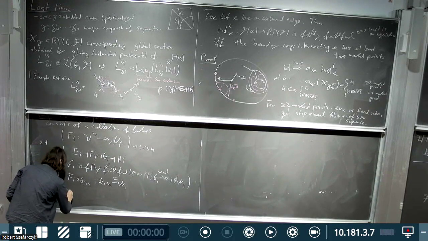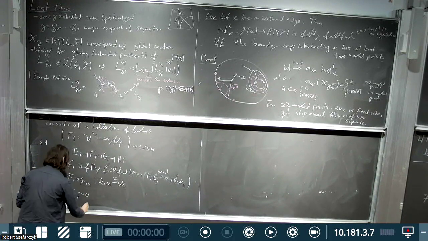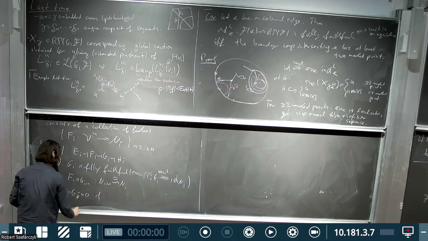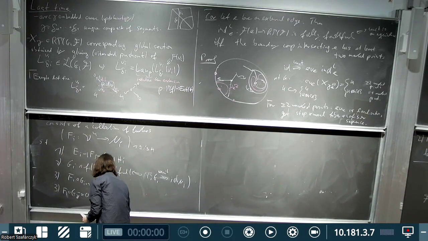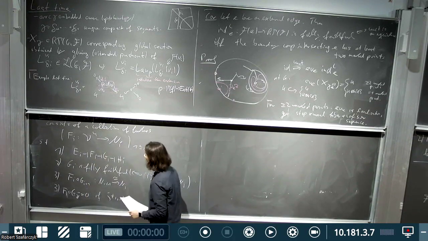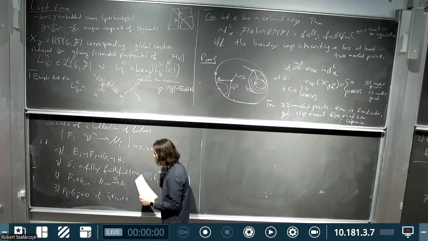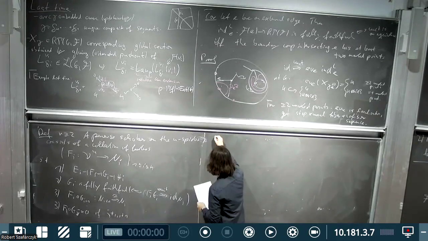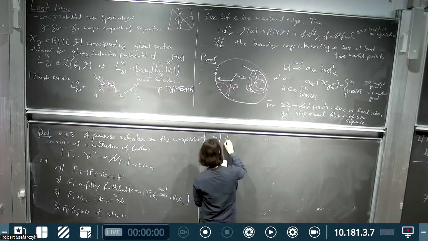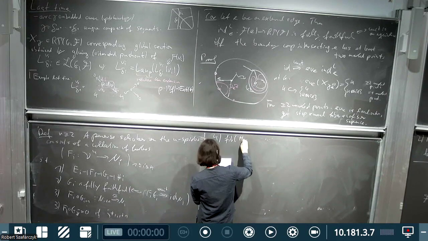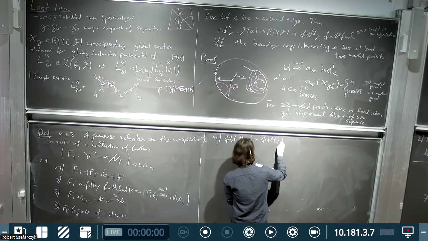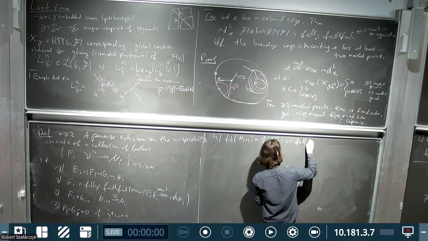F_j composed with G_j is 0 if F_i composed with G_j, if j is not equal to i or i+1. And lastly, the fiber of F_{i+1} is equal to the fiber of F_i as full subcategories